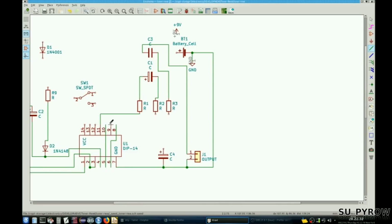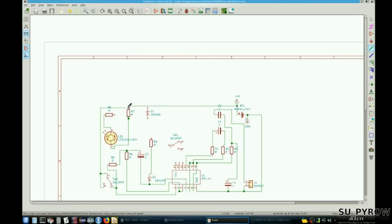Right. And 10 goes to pin 9. This goes to R2. This goes to pin 8. This here goes to this guy. And this gets connected there. Power goes to R7. Diode goes to